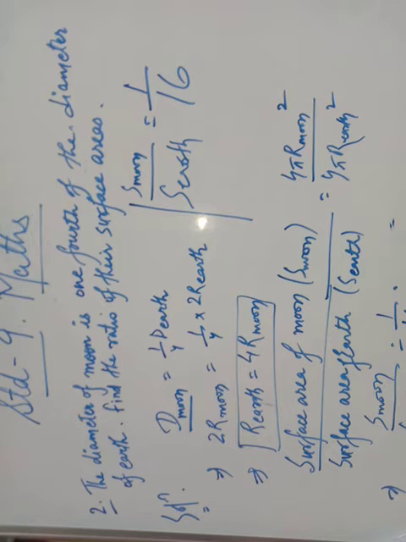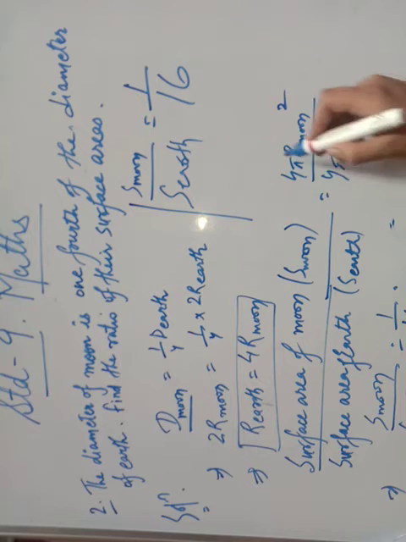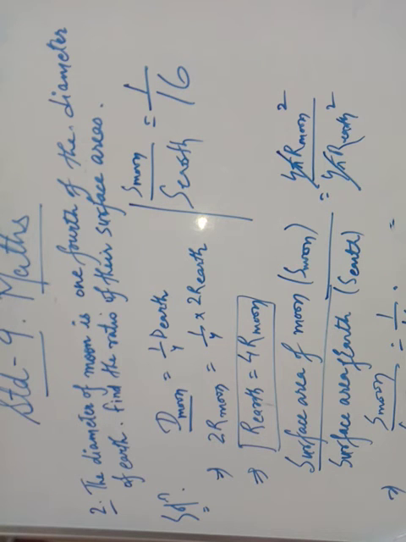Such ratio based questions can be asked. So you should know the formula for surface area, derive the relationship between the variable terms, and just put the values, and you can easily cancel. We can easily cancel this, and we are left with r moon square by r earth square. So if you substitute the value of r moon or r earth in any of those, you can easily get the answer. Let's practice some more questions.